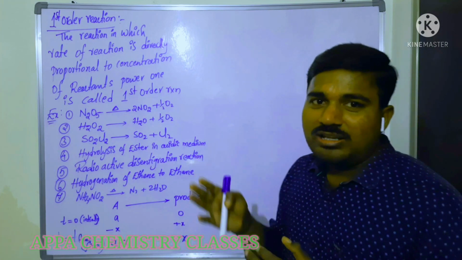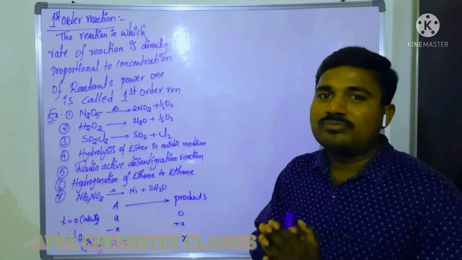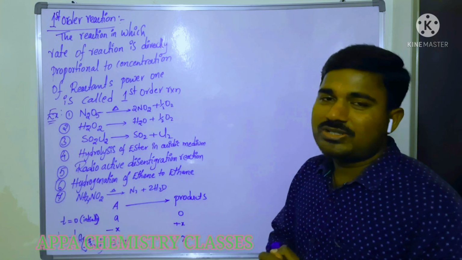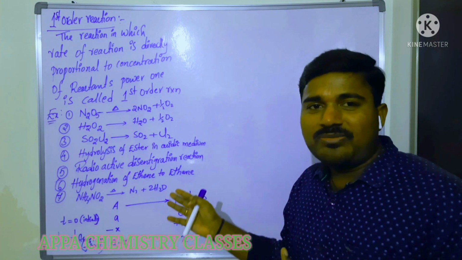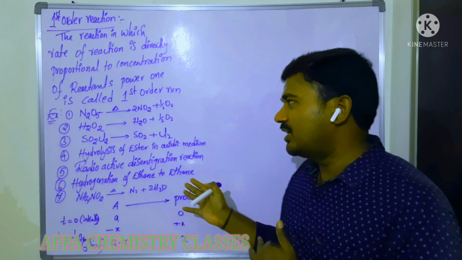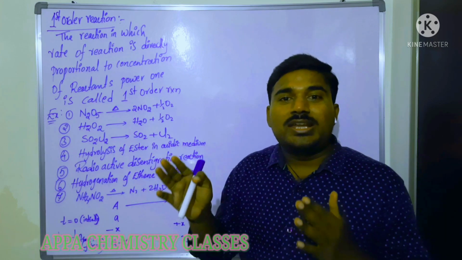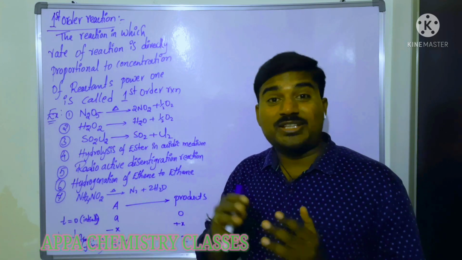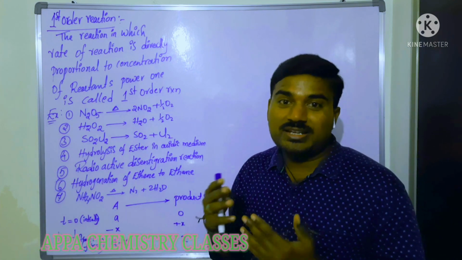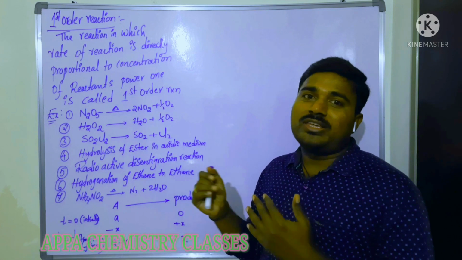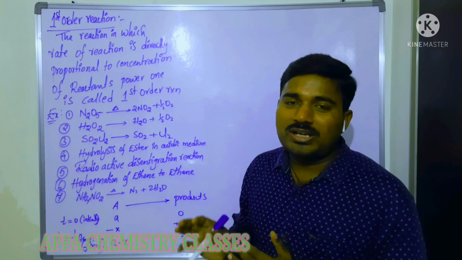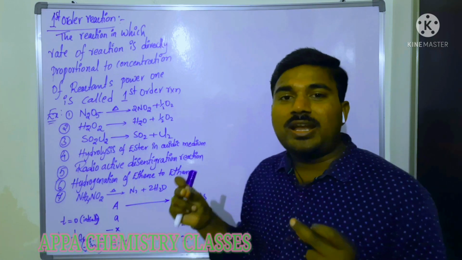So now, I don't want to waste time. Next we are going to see the first order rate equation. What is meant by first order, what are the examples of first order reactions, and after that we are going to see the integrated form of first order and the exponential form of first order. In case of gas phase reactants, how to calculate the rate constant for that first order reaction. Those all we will discuss. After that, half-life and related problems.